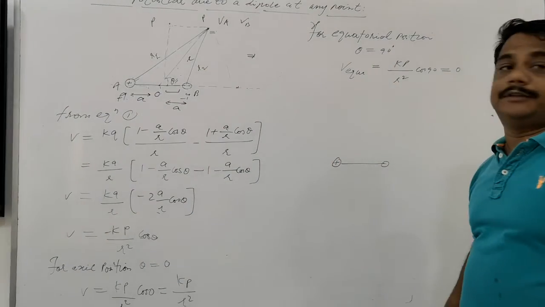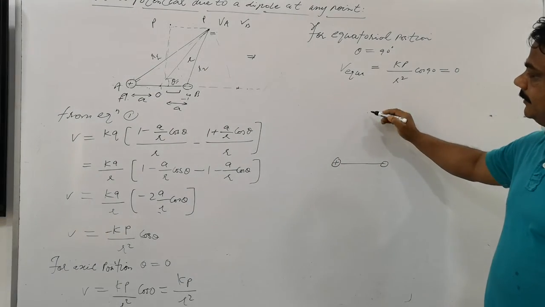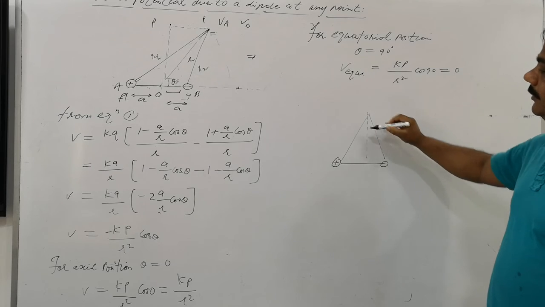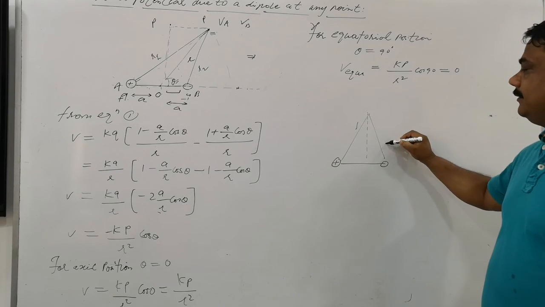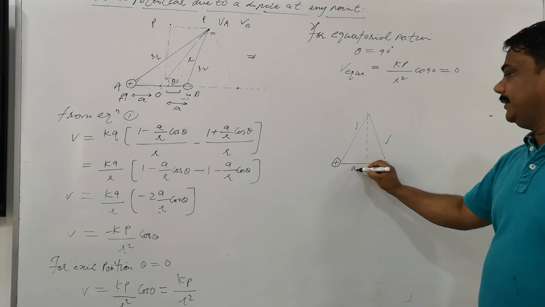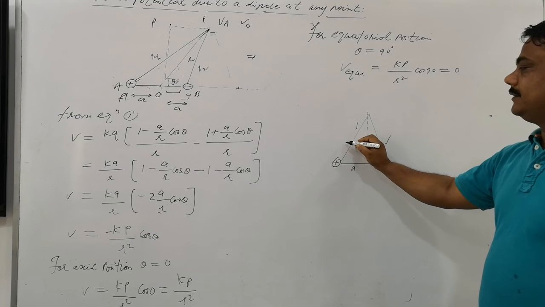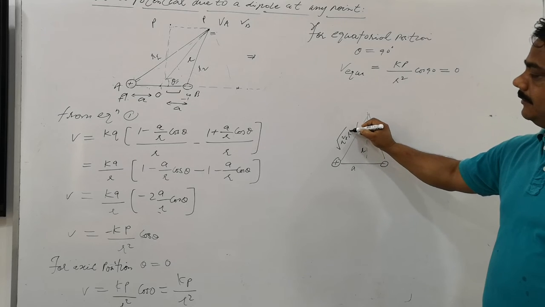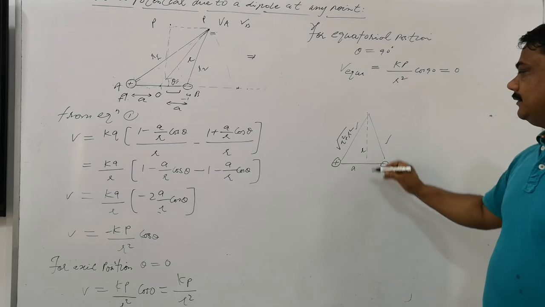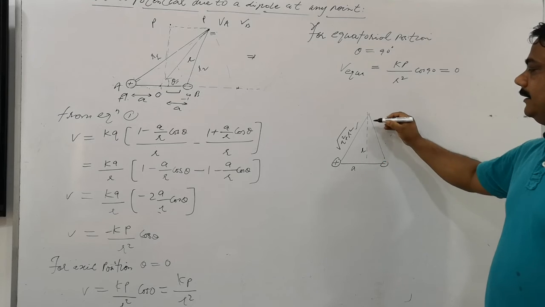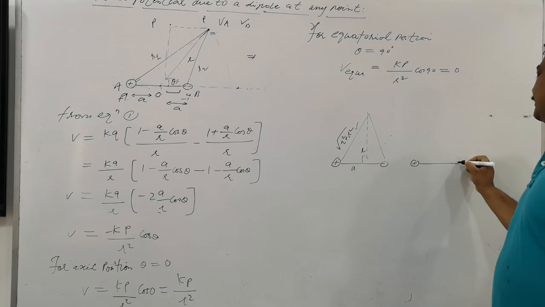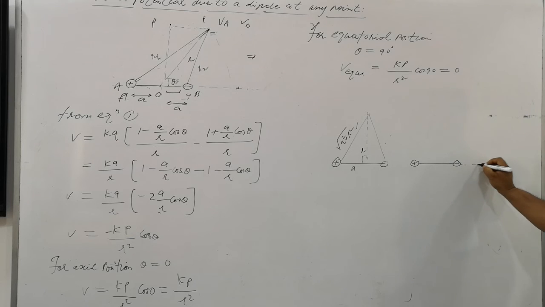It has a negative and a positive charge. So here you can bring this, the potential due to this you will add, the potential due to this you will add. It shall be A, it's R, and here it will be the square root of A square plus R square. Is that clear? Equatorial position. This is perpendicular. Positive, negative. The equatorial position is here. So the P point is here.